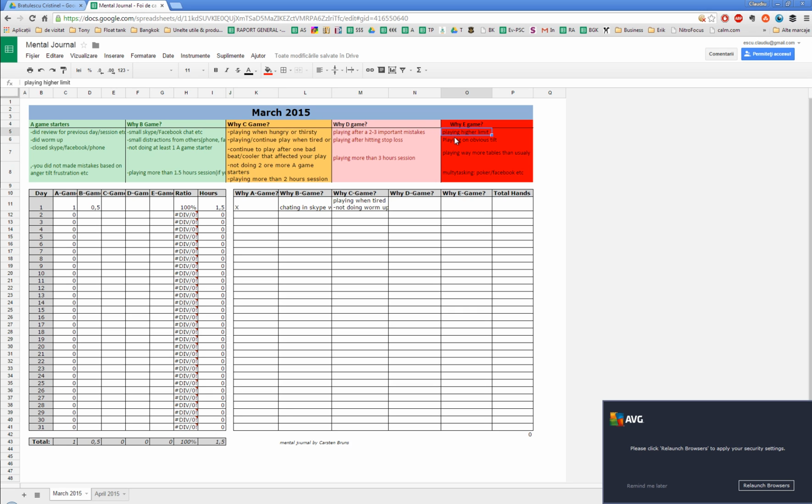I consider this E-game. If you play stressed about money, or playing on obvious tilt, when you are tilting, like I spoke with someone last week, and he said, oh, I was so tilted yesterday and I got myself into a pot with a regular and I lost a lot of money. So that was E-game. Multitasking: I mean not just a small chat you answer to a friend on Skype, but if you are keeping a conversation on Skype or on Facebook while you play,